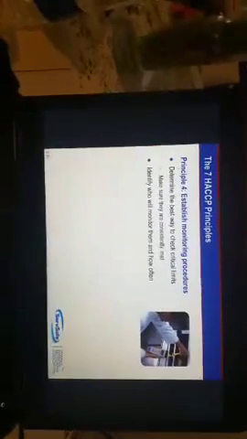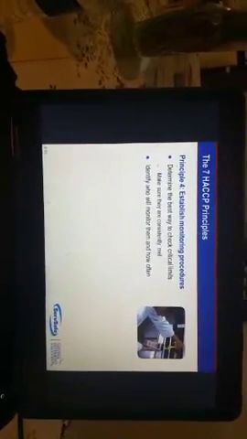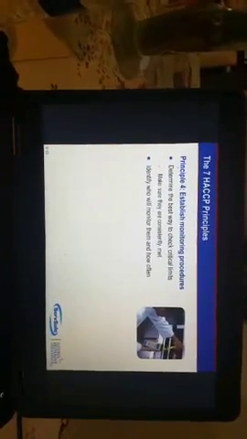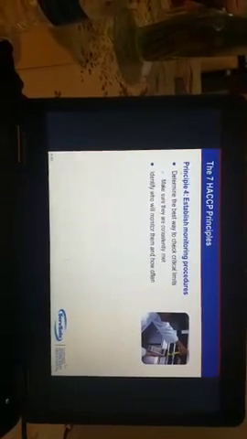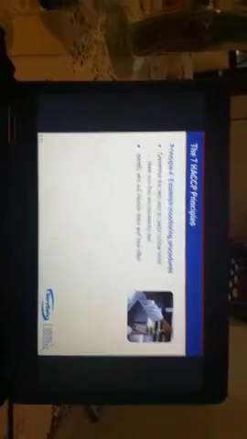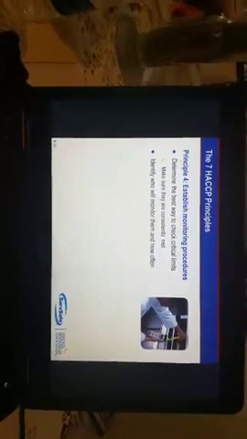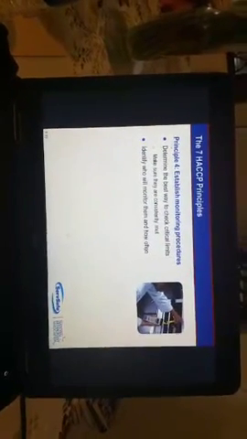All right, step 4, you want to establish monitoring procedures. You want to determine the best way to check the critical limits. You want to make sure that they are constantly met. So you want to identify who will monitor them and how often. So if we're going to stay with our chicken, we're going to identify that, okay, if Chris and Therese are my cooks,